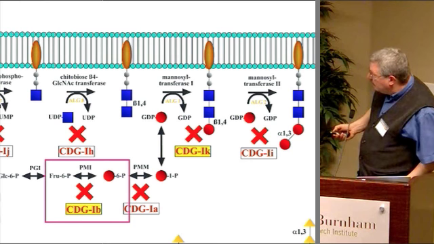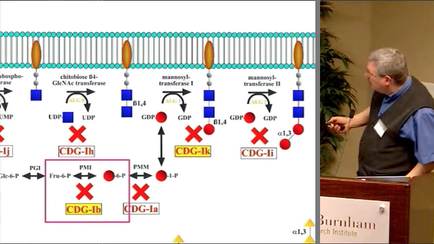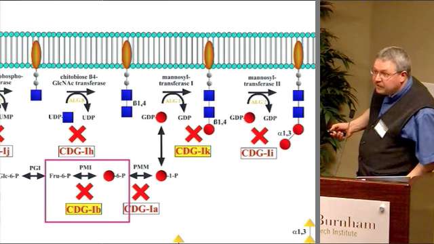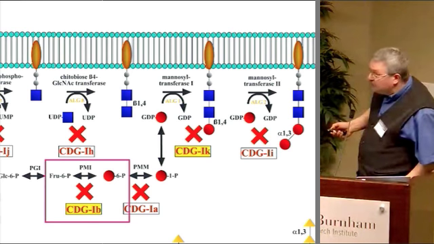And mannose 6-phosphate is converted to mannose 1-phosphate and then to GDP mannose, and that is needed to incorporate the mannose into the glycan. And the problem here is in this phosphomannose isomerase that converts fructose 6-phosphate to mannose 6-phosphate. So if this gene is not working, then you cannot generate mannose endogenously anymore